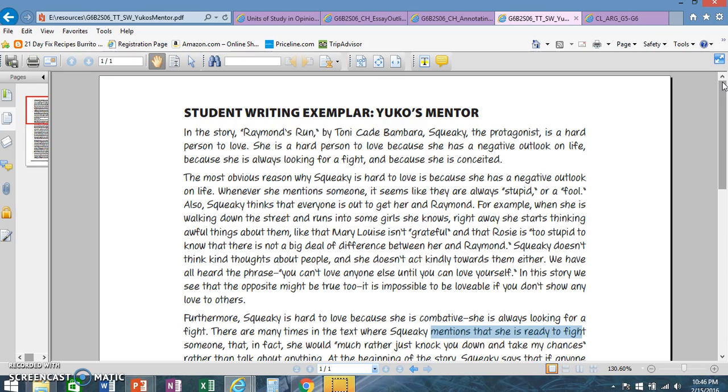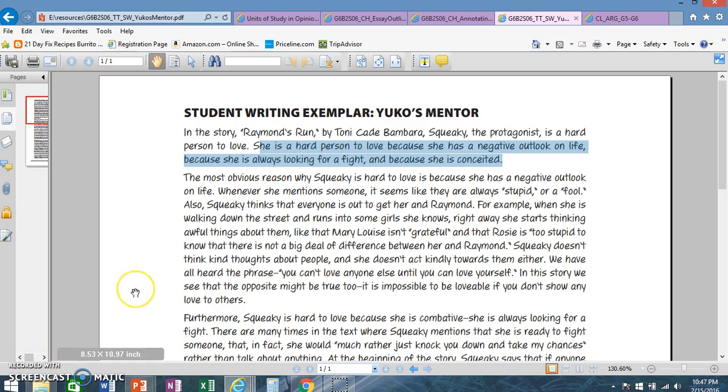While I read the first couple of paragraphs of the essay aloud, notice the different parts of the essay and label or annotate what you notice. Listen closely to my intonation as I read aloud. Now, I'm going to pause here because I'm going to do this on the overhead, but this is Yuko's mentor text, and we are going to be looking at this, and I'm going to do this on the overhead just because I can write on a hard copy and explain what we're doing as I go along. So when we come back,